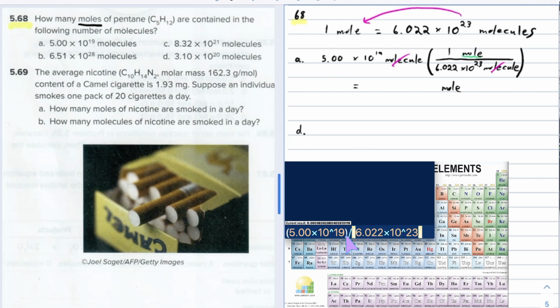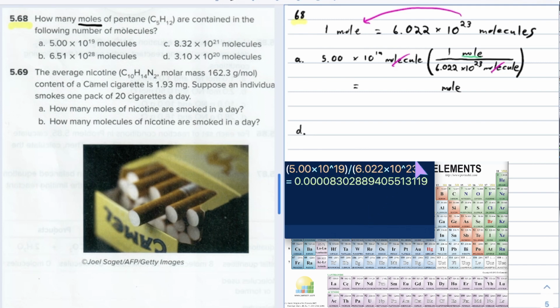So you want to be careful with your parentheses here. If you didn't parenthesize this part or this part, you would run into trouble. Actually, if you left the parentheses out of this part, let's see if we come up with the same answer. And yeah, you can see it's going to be